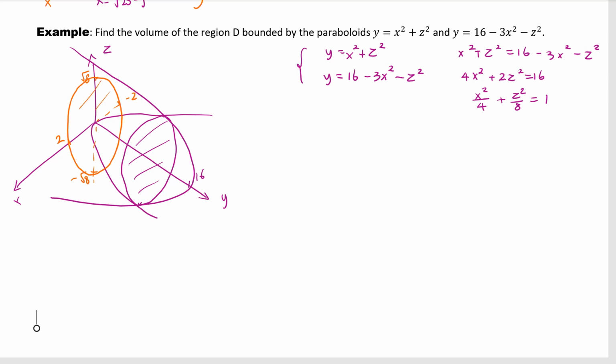Okay, so this is the projection of that region on the xz plane. And we gotta do that, okay? So now let's continue and set up the volume. Then we should put 1 in the middle. And here, which order is better? I would say they're kind of similar difficulties. So let's do